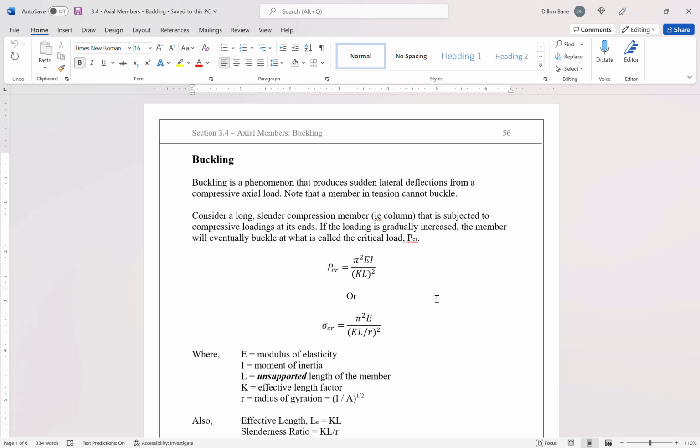So first off, buckling is this phenomenon that produces sudden lateral deflections in an axial member when it is under compressive loading. Okay, so what we mean by sudden lateral deflections is basically it all of a sudden bows out. Just imagine that you've got a thin piece of metal wire, like maybe you've taken a paper clip and straightened it out, and you hold that piece of wire between your thumb and your middle finger, pushing those ends together,